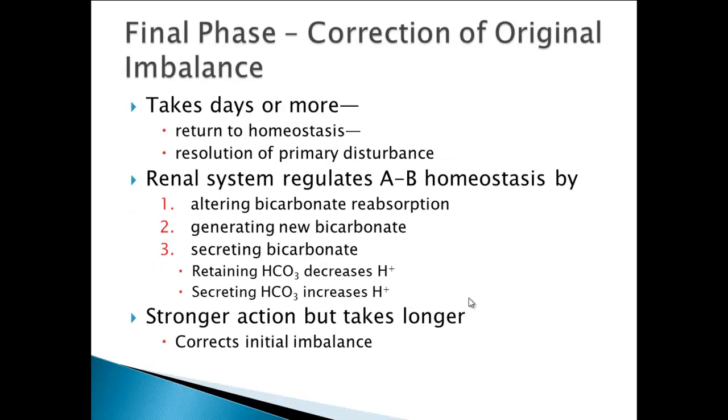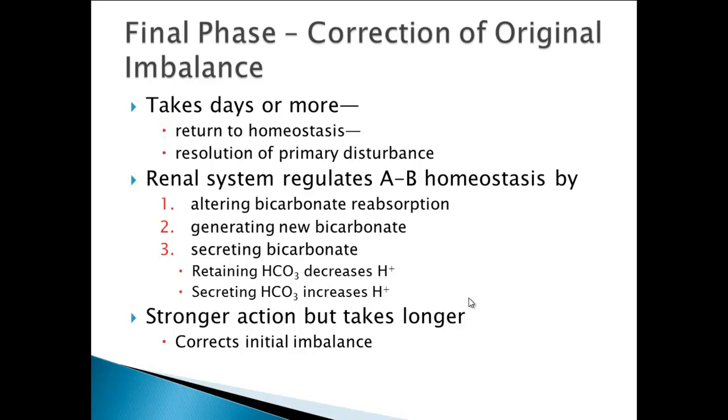So the final phase of compensation, it's a correction of the original imbalance, again, like I was saying, can take days or longer before the body will return to homeostasis. In general, that is considered to be a resolution of the primary disturbance. So the renal system basically regulates acid-base homeostasis by altering whether or not bicarb is reabsorbed or added back into the blood, whether it can create new bicarbonate, which it can through basically putting together water and carbon dioxide, but it takes care of the excess hydrogen ion